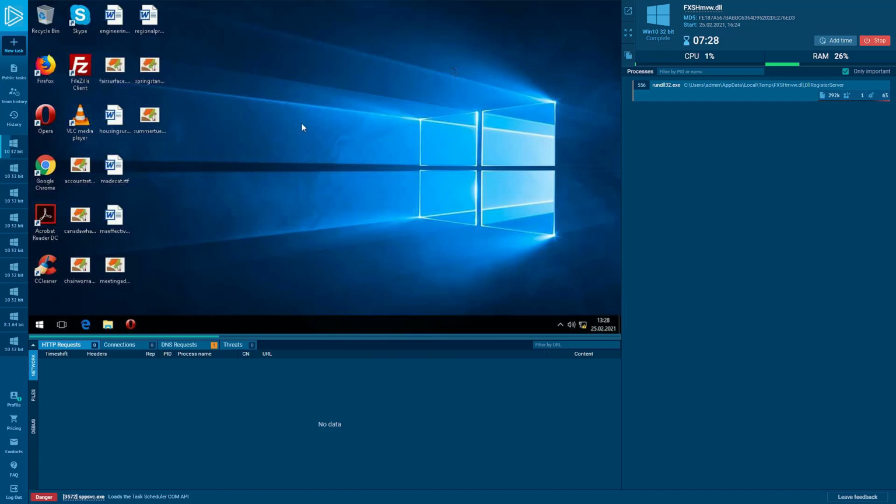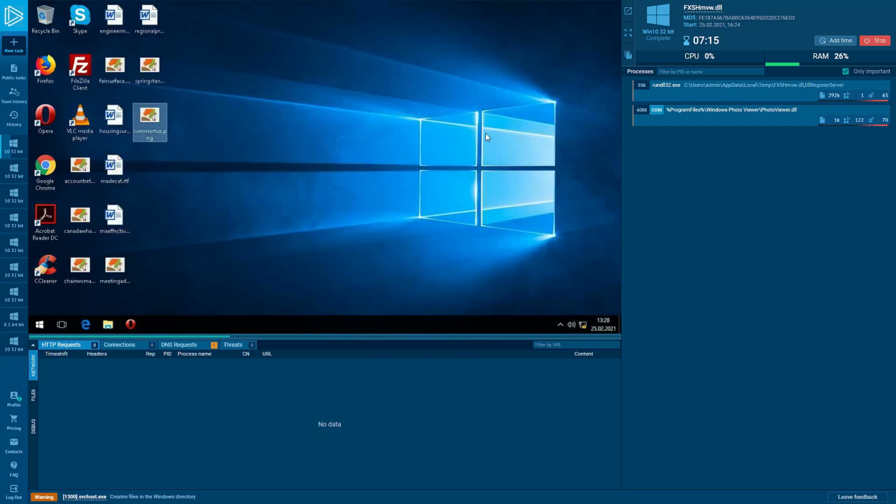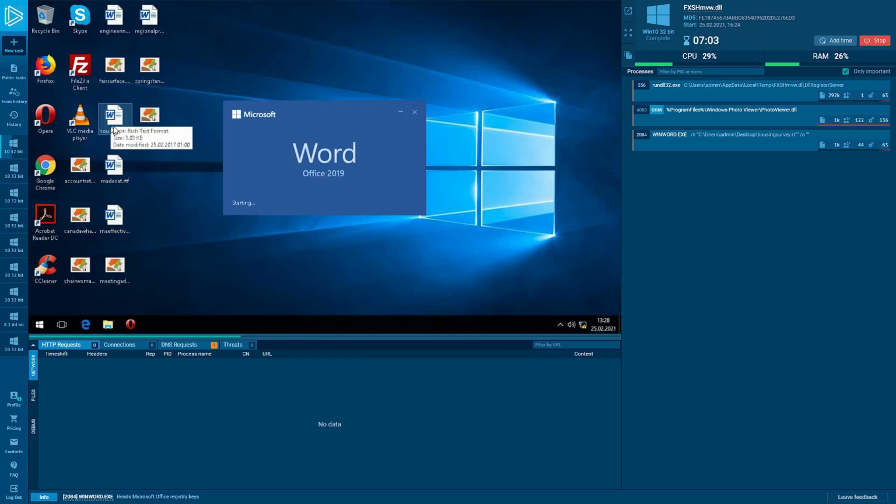As you may see, the usual mouse movements don't trigger anything. Therefore, we have to open a program. For example, we're launching a photo viewer which doesn't use the network during the work. But nothing's changed. So let's go by the classic way and open a random Microsoft Office file. As soon as the Microsoft Word 2019 program starts up and establishes a network connection, the malware immediately activates and